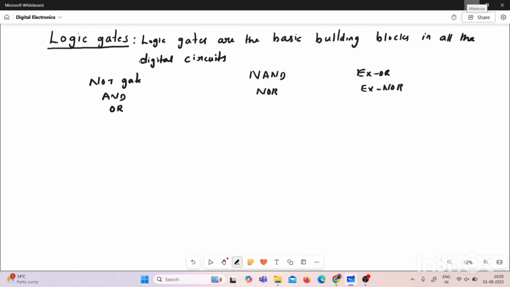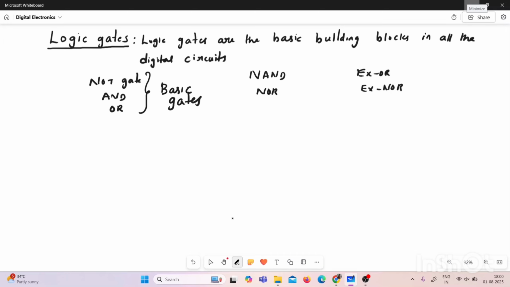So there are mainly 7 logic gates. In that, NOT, AND, OR, these we will call as basic gates, and NAND and NOR, these gates are called universal gates. NAND gate and NOR gate are mainly called universal gates, and XOR and XNOR are mainly used in all